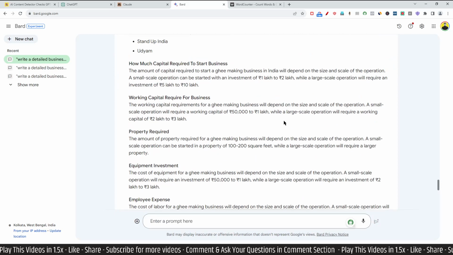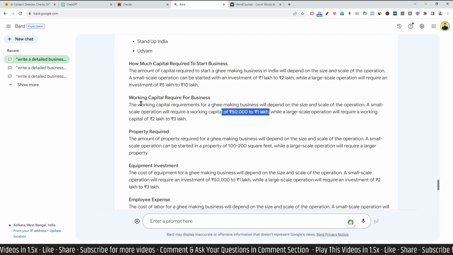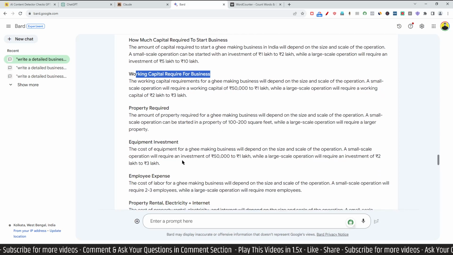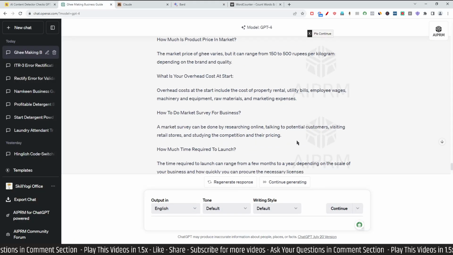Then you can see the amount of data here: working capital is 50,000 to 1 lakh, large scale operation 2 lakh to 3 lakh. Details are given here, and equipment investment is 50,000 to 1 lakh rupees. For large scale operation you have to spend 2 lakh to 3 lakh rupees. This is something which is not there in ChatGPT. If I look into it,